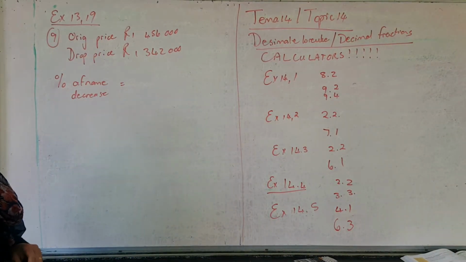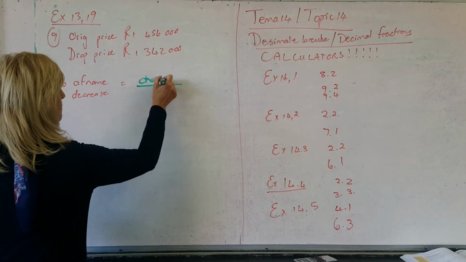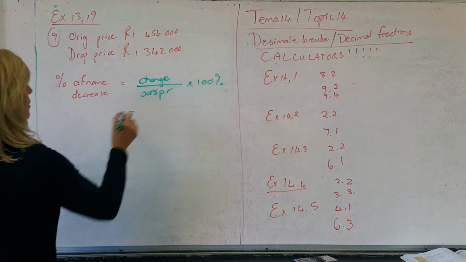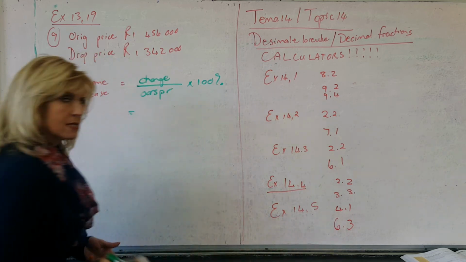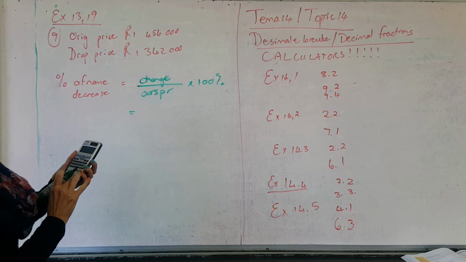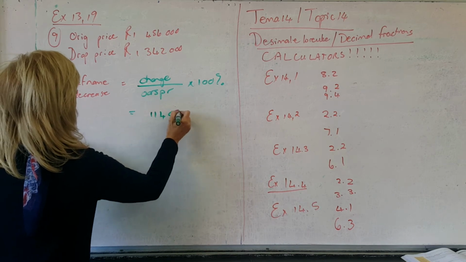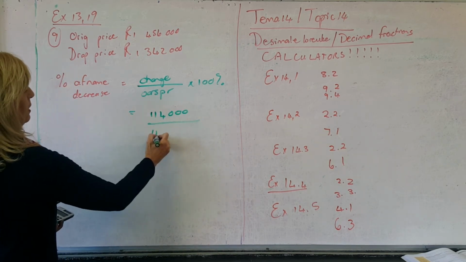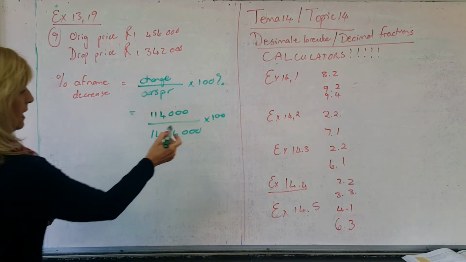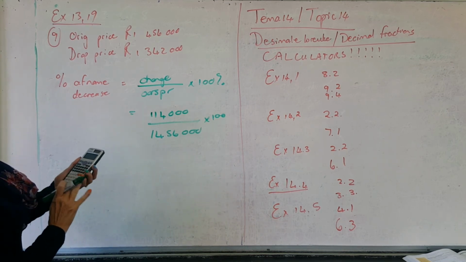Okay, the last question that you had for homework is again a percentage decrease. So first of all, the change, eers die verandering op die oorspronklike times with 100%. So there was an original price for a house and he then accepted less. So the difference between those two was 114,000 rand over originally 1,456,000 times 100. So as dit gaan uitkanselleer, dan gaan ons net 114 op gedeel deur 1456 wees wat vir my gaan gee